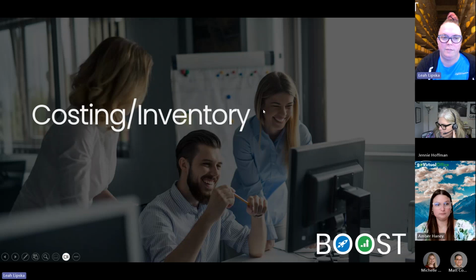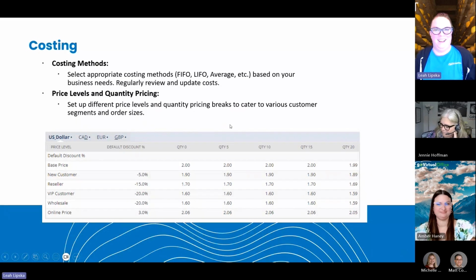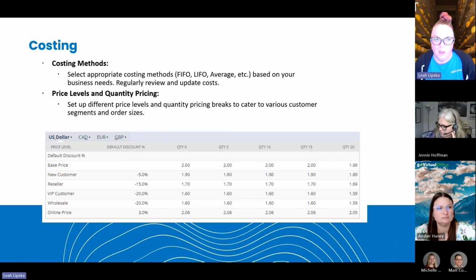We're going to go into everybody's favorite, costing and inventory. All right. So there are different costing methods for your item. It is important to know what you picked. There's LIFO, FIFO, average. And if you have average costing, for example, and you do an inventory adjustment and you